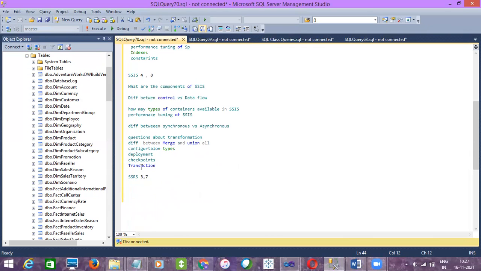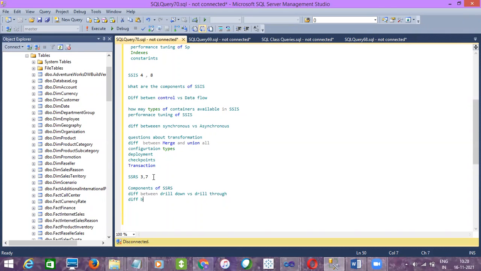So you'll have three options: required, not required, and supported. And then when it comes to SSRS, they'll ask you about components of SSRS, and differences between drill down versus drill through.